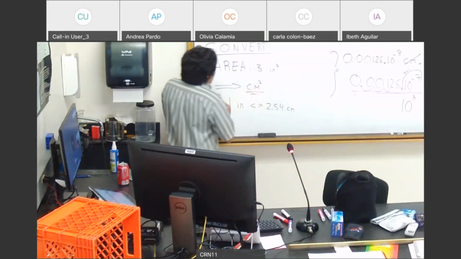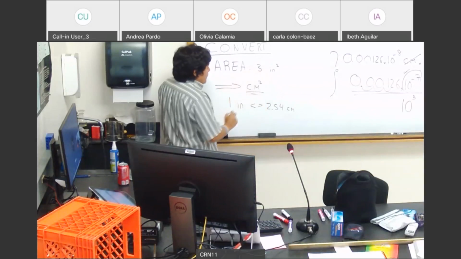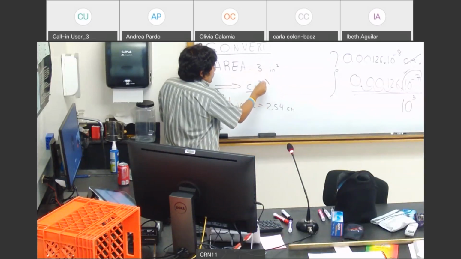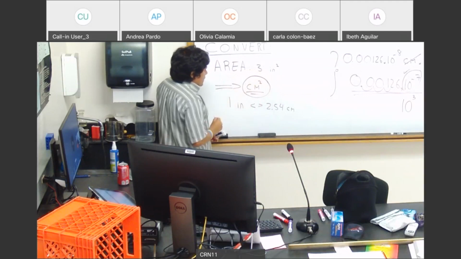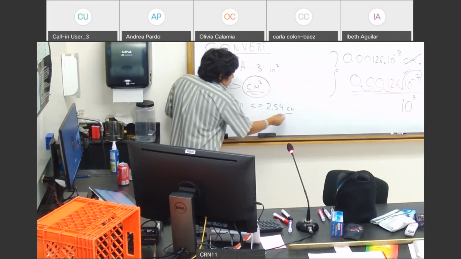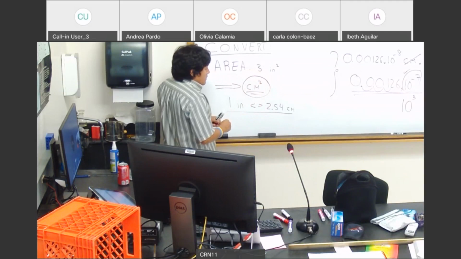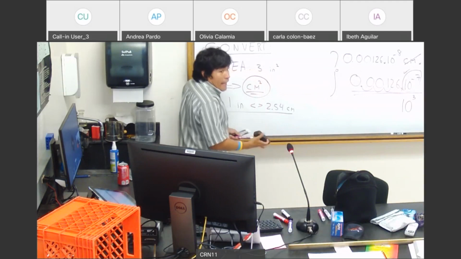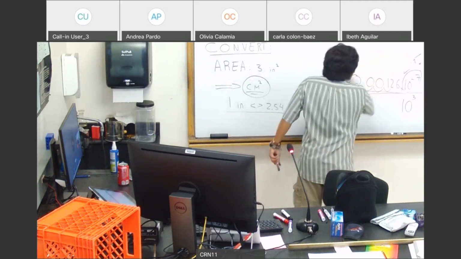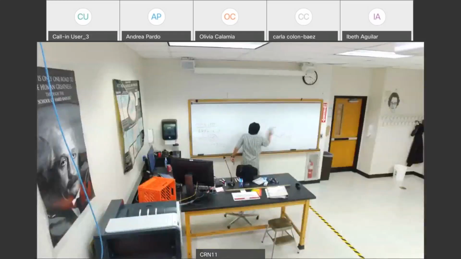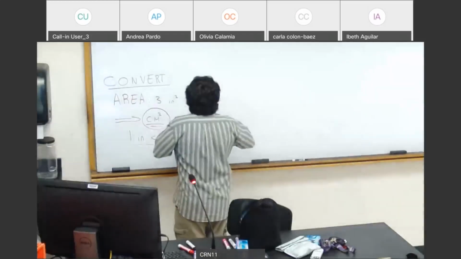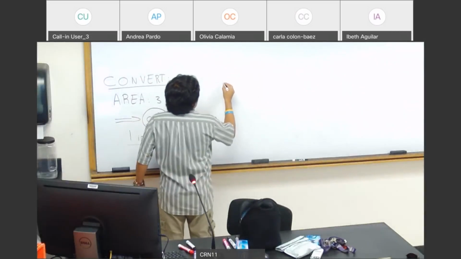All right, so again, the area is 3 inches square, and we want to convert it to centimeters square. So 1 inch goes to 2.54 centimeters, right? So how do you convert areas? What you're going to do is write 3 inches square,